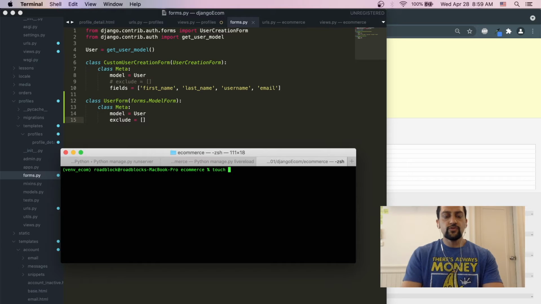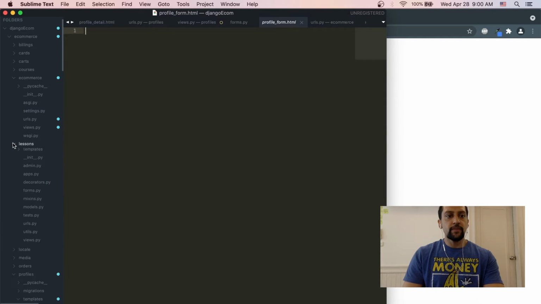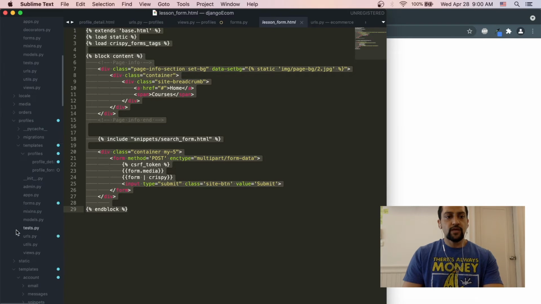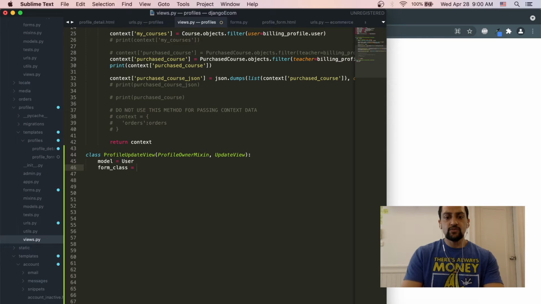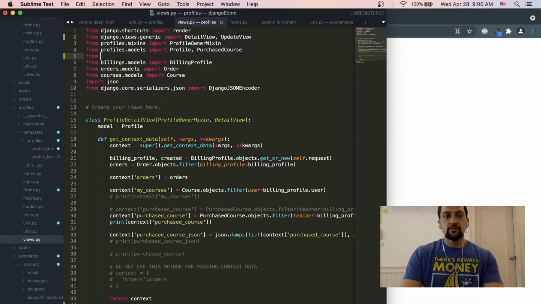we're going to create a new form touch profiles templates profiles และ profile underscore form.html และใช้ profile form ได้ครับและข้างในนี้จะ just copy any one of the forms that we've created อันนี้ก็ได้ครับ so we can copy that form ใส่ข้างในนี้ได้ครับ and it'll be the same thing we can change this up to profile save that และถ้าจะไปถึง views ที่นี้ form class equals to user form แต่ user form มาจากที่ไหนครับมาจาก profiles forms import user form